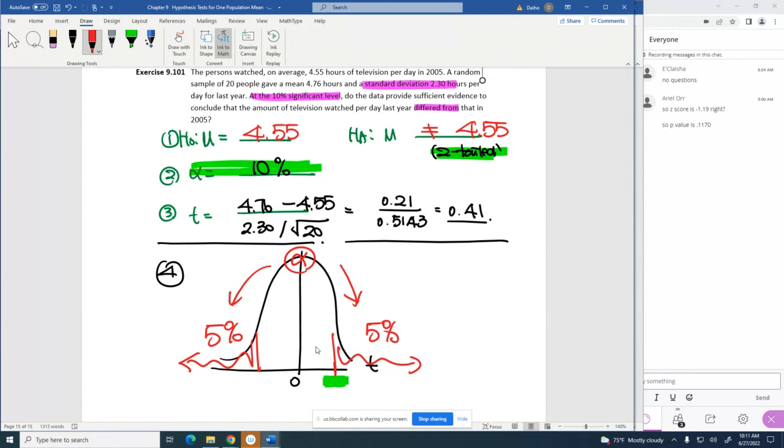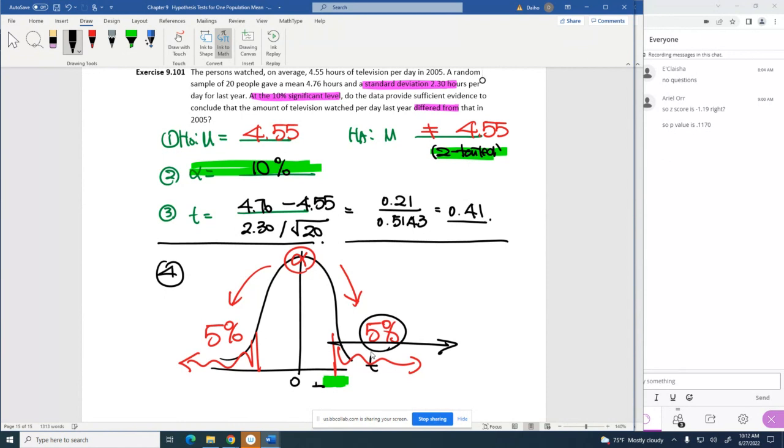How much should be the right tail? The right tail, 5%. Oh, we have to go to the second column again, right? Even though alpha was 10%, we split it half and half. So the right tail is only 5%. So we have to go to the second column. And now, how many degrees of freedom? 19, 20 minus 1. So at 19,